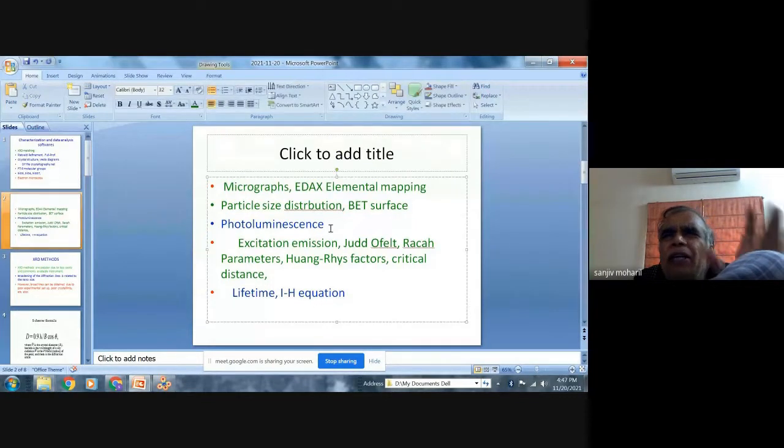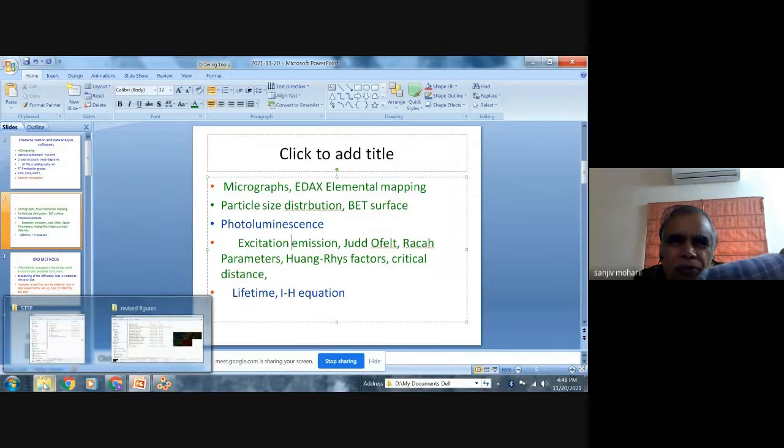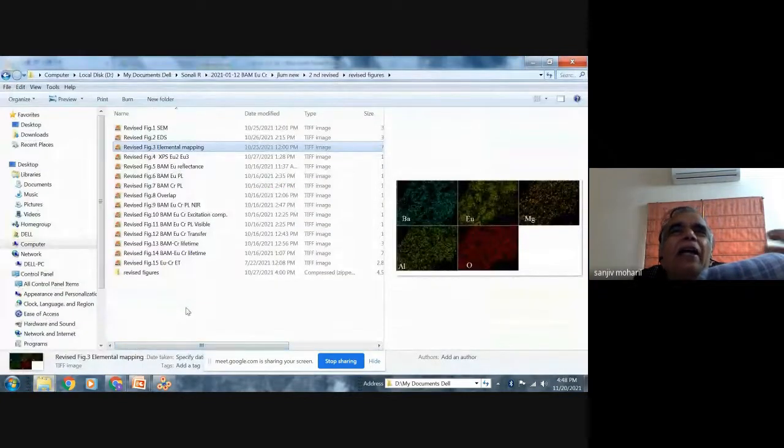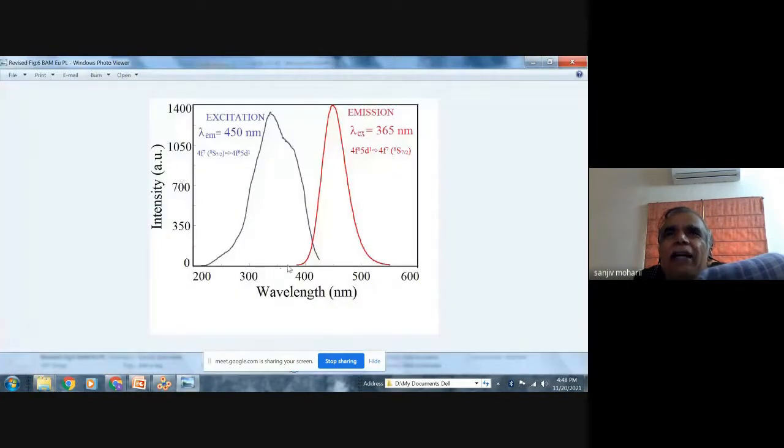Then we come to the real measurements. In fact, nearly all of our research is centered around luminescence or photoluminescence. So in this case, what we do, we find out the excitation spectra and emission spectra. Then we measure the Stokes shift. Typically, I may get photoluminescence spectra something like this. So I get the emission spectrum, then I obtain the excitation spectrum, then I calculate the width of the emission